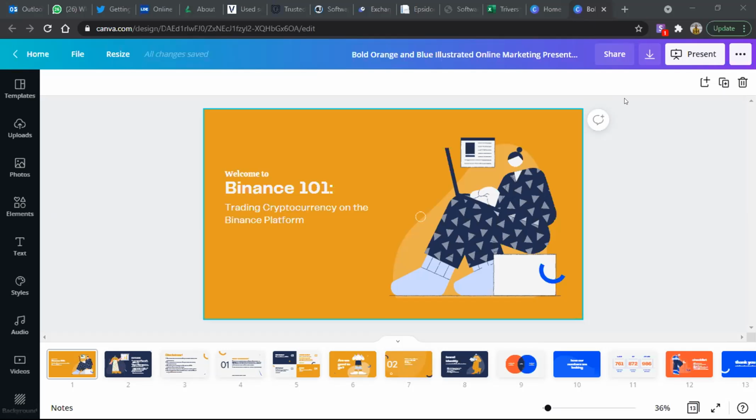Now, trading cryptocurrency on the Binance app. Another thing, some people ask why I am calling it trading. Why am I teaching trading? Everything you do on the Binance app is trading, whether it's spot trading or futures trading, whether you are buying low and selling high, or you are doing futures trading. And I will explain all that very soon, what futures is, what spot is. It's all trading. Everything you do with cryptocurrency is trading, basically.